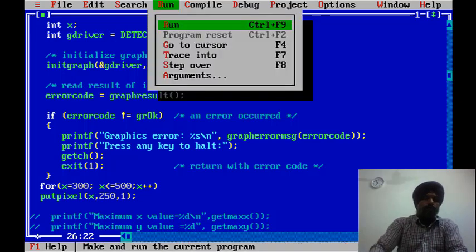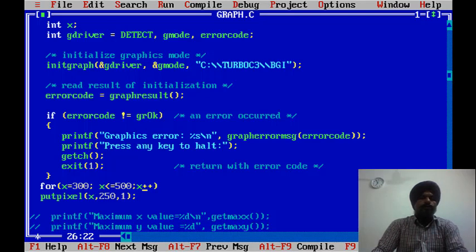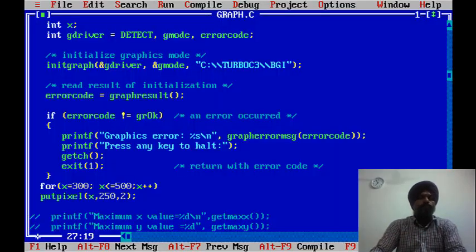When we run the program, it draws a blue line on the screen by plotting 200 pixels along the x-axis while y remains the same. If I change the color, it will print the line in green.